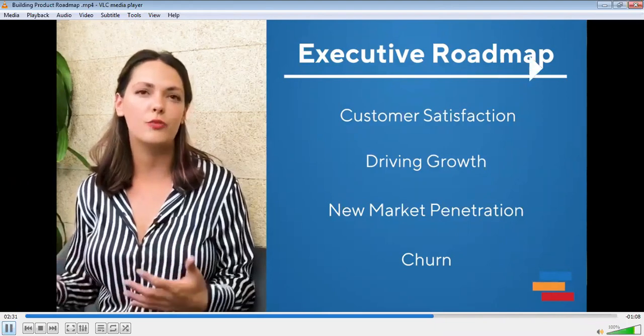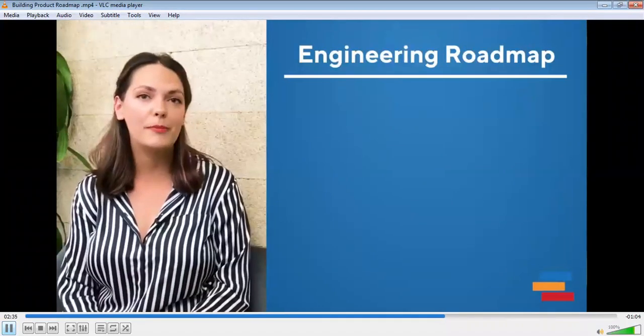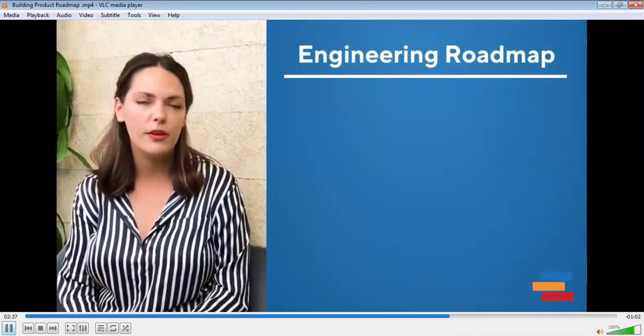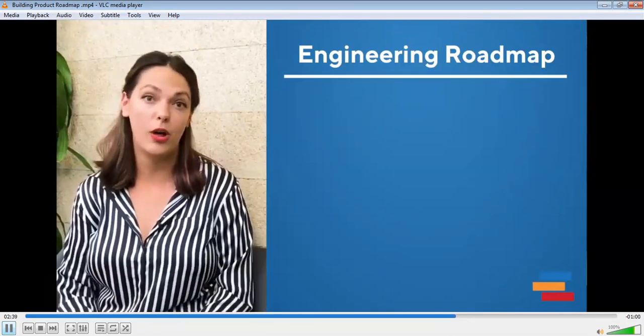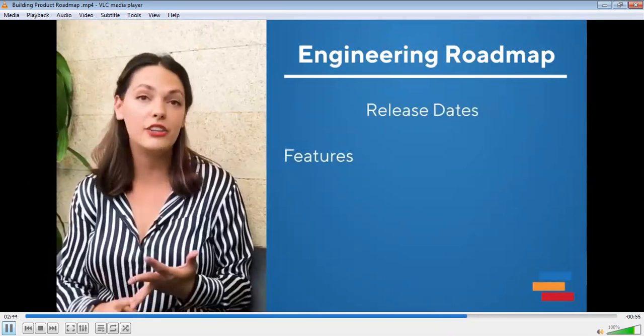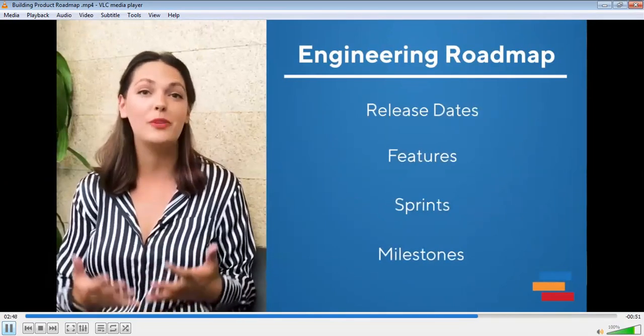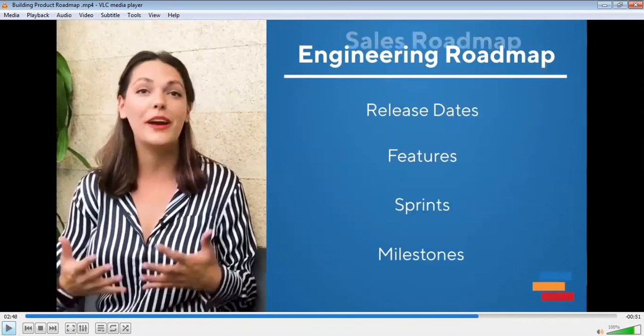Longer in duration roadmap compared to, say, your engineering roadmap. Engineering roadmaps are much more granular in scope. You want to be as transparent as possible on the engineering roadmap. So it includes things like release dates, features, sprints, and milestones. On your sales roadmap, you'll learn these things in Agile in detail, how to plan sprints, milestones, and even include these features. So we'll understand the scope of a feature or functionalities, like we